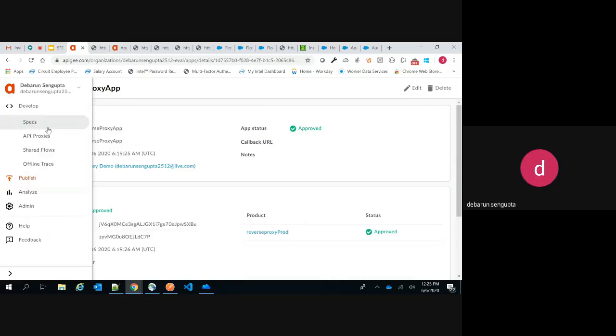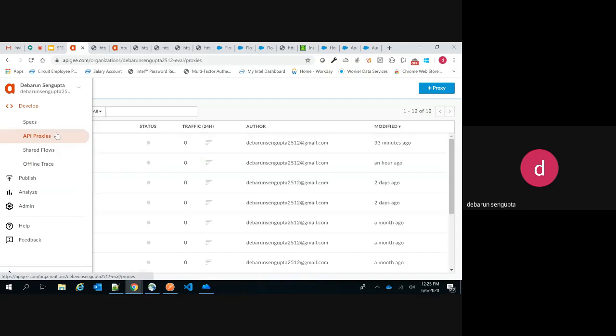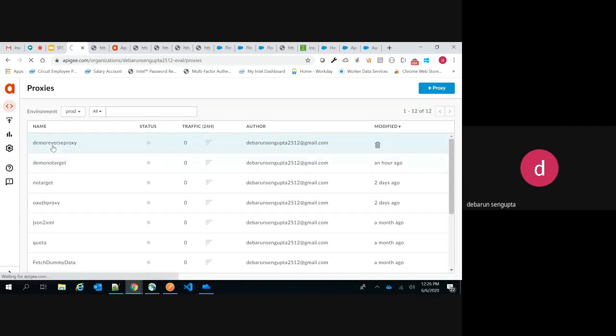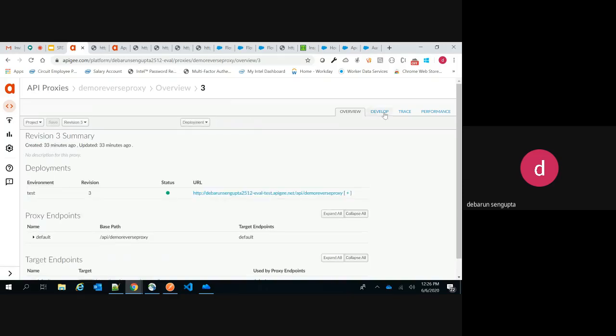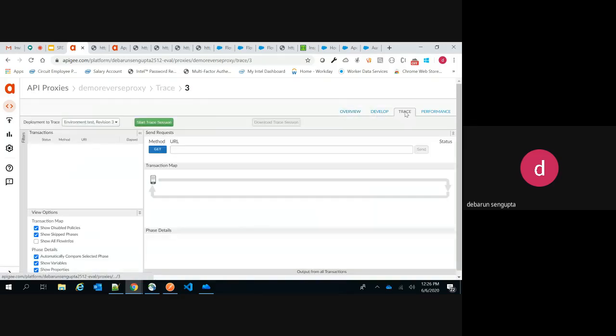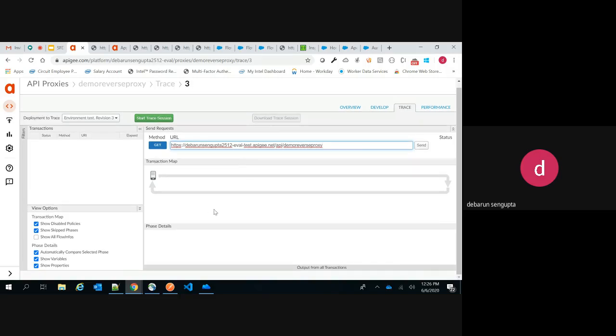So if you remember here, one thing is if you have written code, you can definitely get those captured in the debug logs, in your Salesforce debug logs. Another place is you can directly go to your service, give your endpoint, click start trace session, and click on this send button. Here it will show you all the step-by-step details.